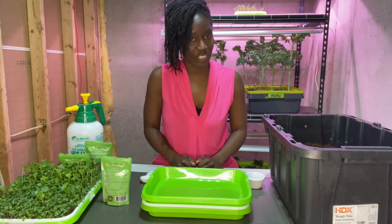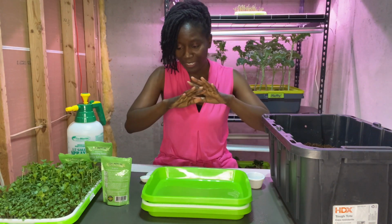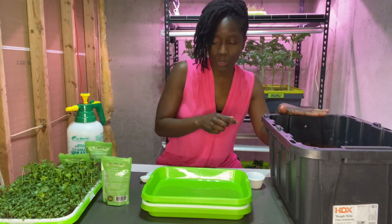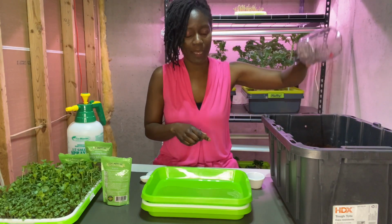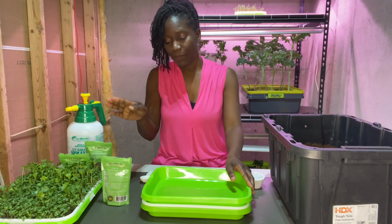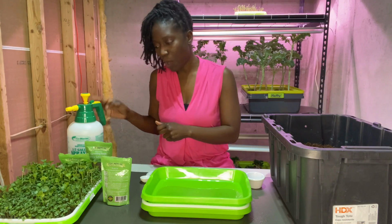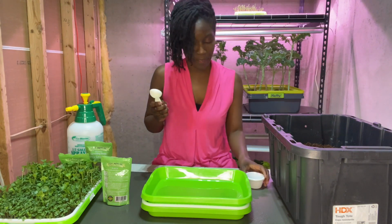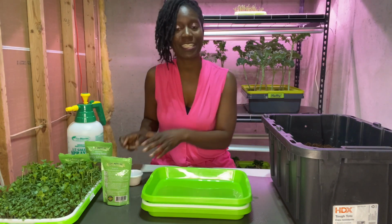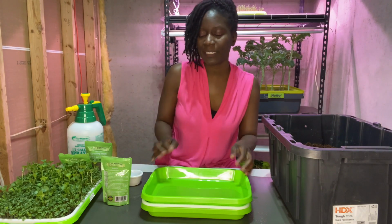So just once again, to revisit what we did today, we made microgreens. Well, we didn't make the microgreens, but we're getting it started. With the seeds, we used Coco Coir, we used a measuring cup, 2 cups in about a 10 by 10 size tray, and we used radish seeds. We mixed it with some pH balanced water, and we put in just 1 tablespoon of radish seeds. It could be about 1 tablespoon to 1.5, closer to the 1 tablespoon,